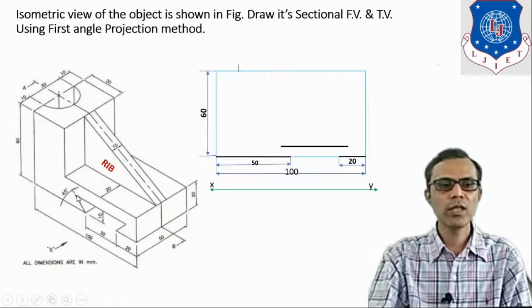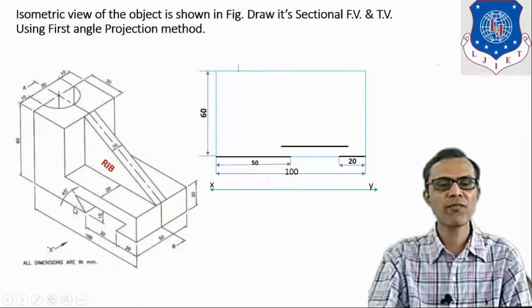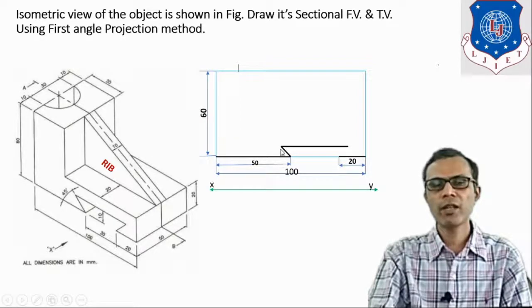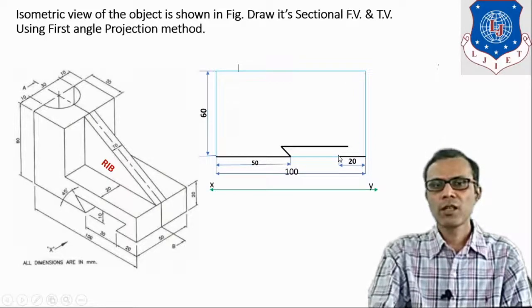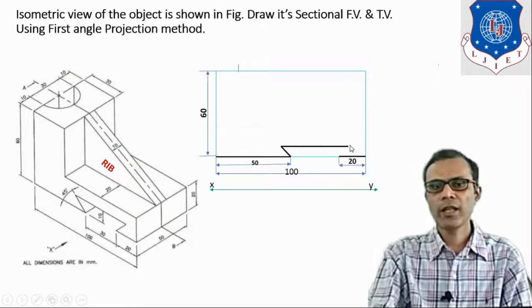Now this shape is clearly visible and it is in true shape, and this angle is 45 degrees. So from this point, draw a line at an angle of 45 degrees. Where it intersects will be the end point of this slant edge. So this angle here is 45. Similarly, on the other side also, from this point, draw an inclined line at an angle of 45 degrees. You just have to extend it until you get the intersecting point with this horizontal line.